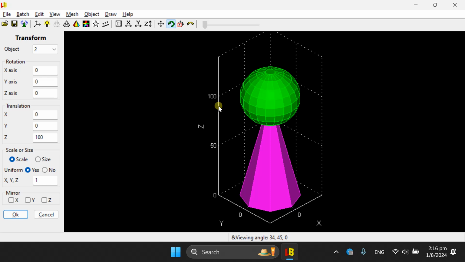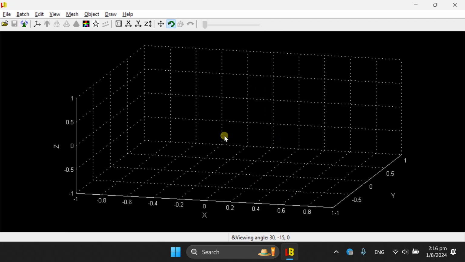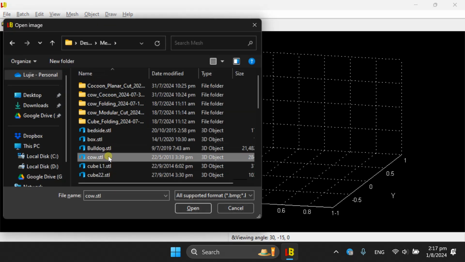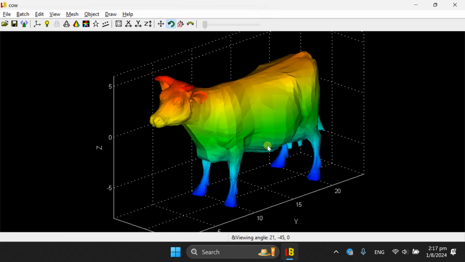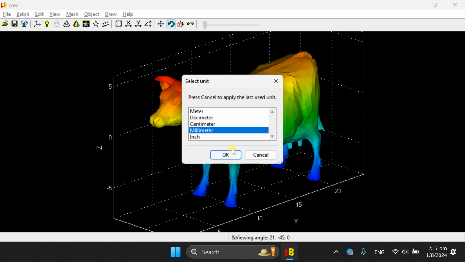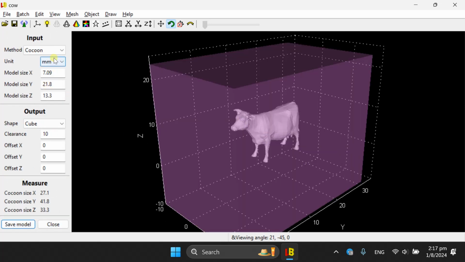There are many different applications of the mesh Boolean operator. And one of the most frequently asked questions is, can LuBan be used to make a mold? The answer is yes. So let's load an STL model and use the mesh Boolean method cocoon